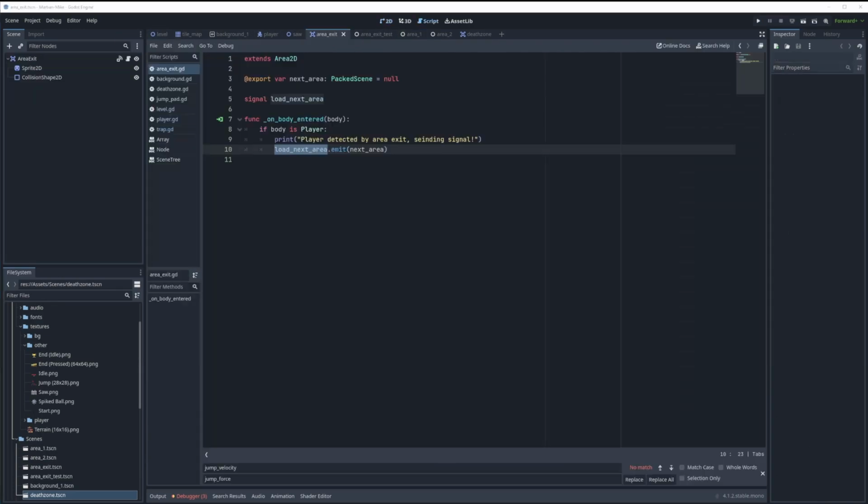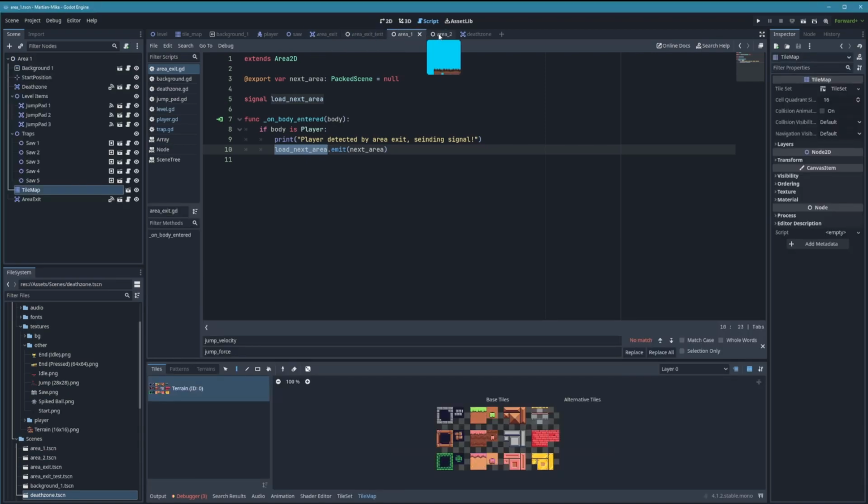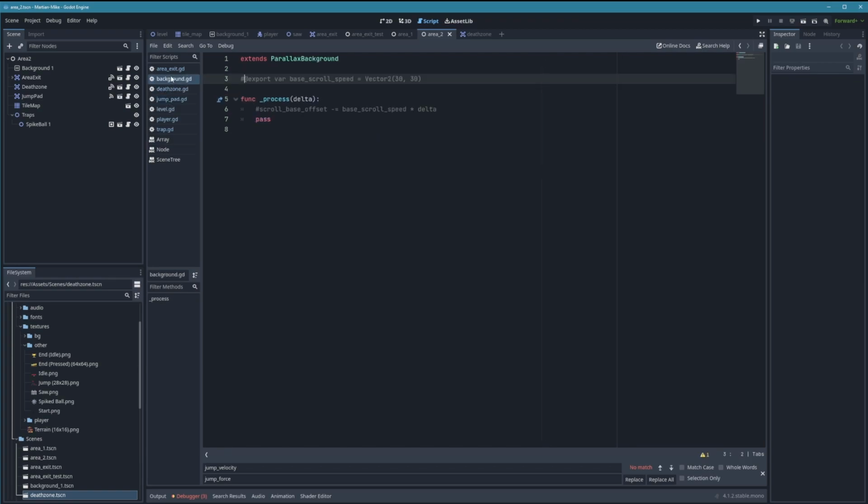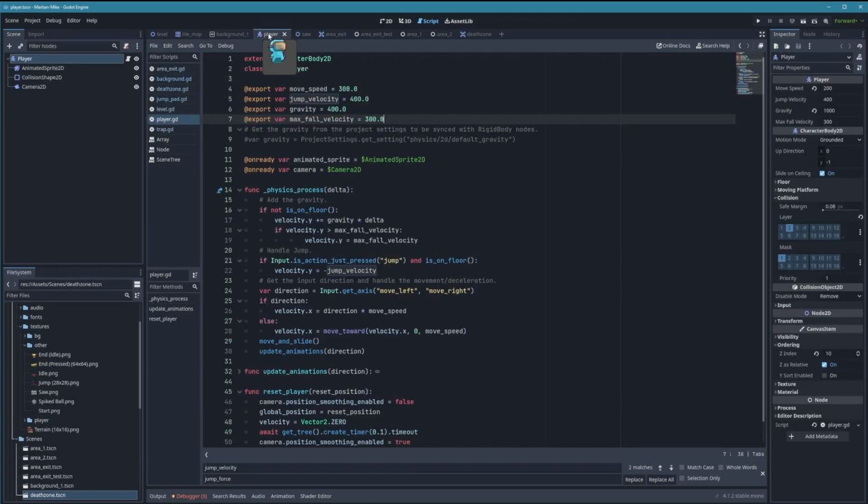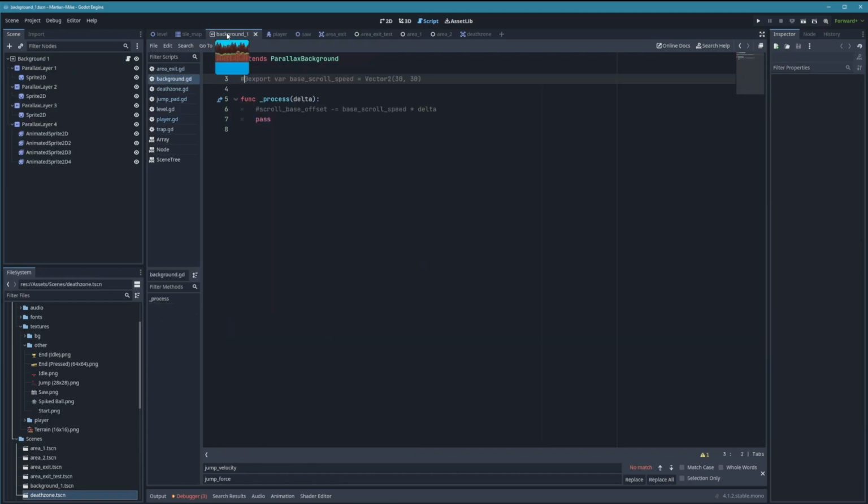The next one is a very minor gripe, but I wish I could look at 2 scripts at once rather than switching between them in Godot. I know this could be fixed by using an external editor, and frankly, I'm kind of getting used to it, but I still think it would be nice to have the option to do that in engine.